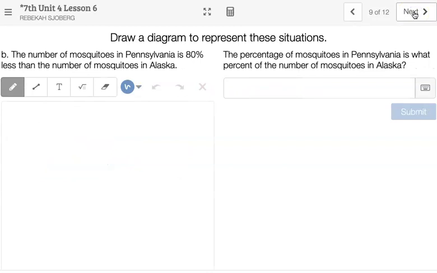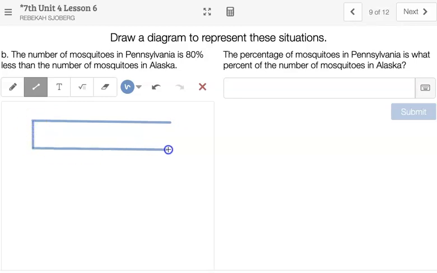Okay, so next one, the number of mosquitoes in Pennsylvania is 80% less than the number of mosquitoes in Alaska. So if I had this, I had Pennsylvania here. That's the original. I'm sorry, Alaska's the original here. Alaska's my 100% here. So I've got Alaska 100%. Pennsylvania, it's 80% less. So if you're thinking about where that goes, if we had this whole 100% and we take away this 80%,